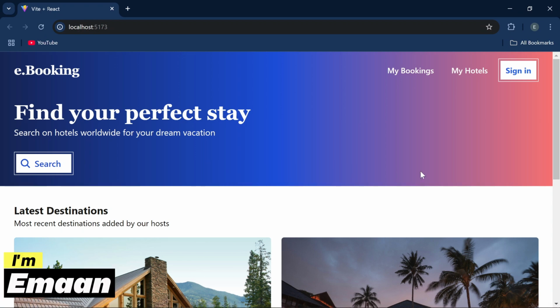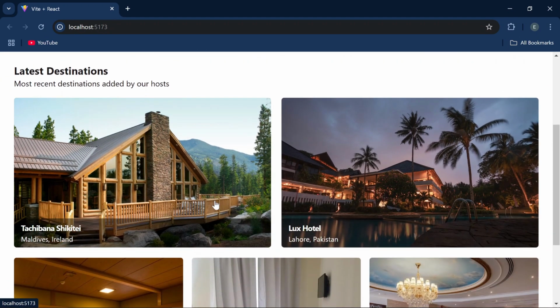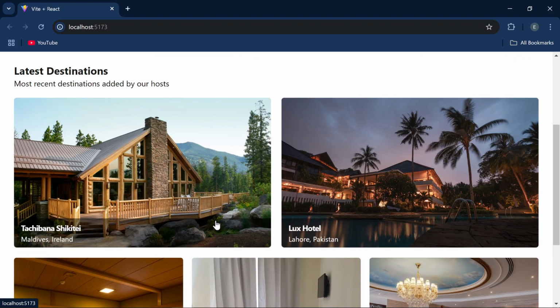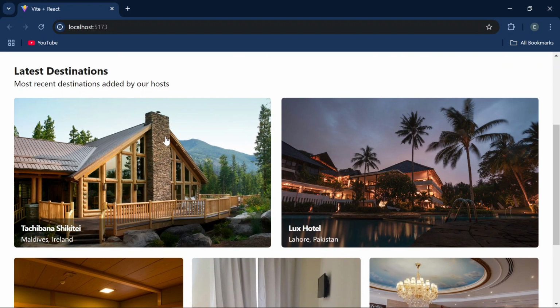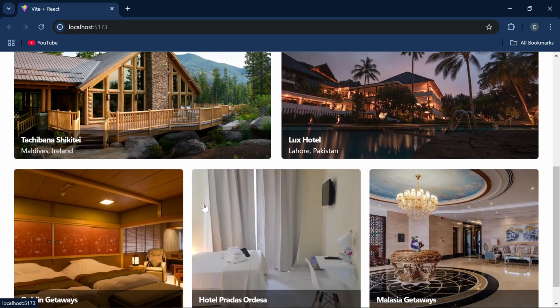Hi everyone, I'm Iman. In this video, we are going to build our booking app's homepage. We will build these cards with their image, name, location with a transparent background and a little transition effect. In the first row of this page, we will have 2 cards and for the rest, we will have 3